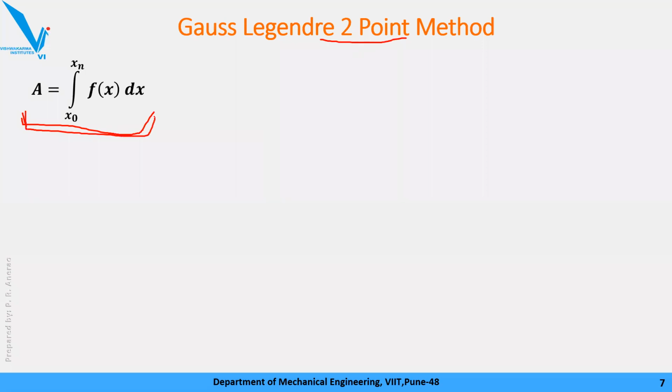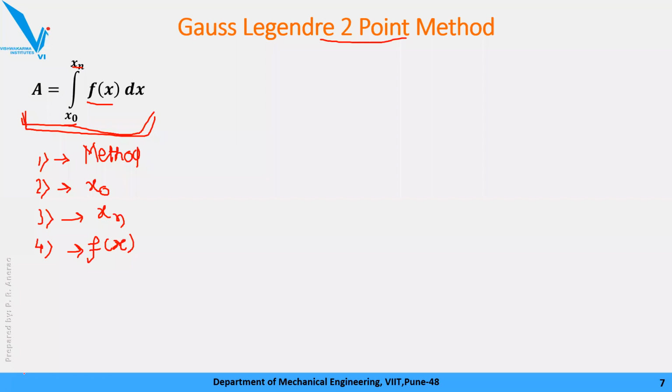In your problem statement they will mention which method you need to implement. Here we need to calculate the definite integral of a function of x over the limits x0 to xn, right? So there are 4 input parameters. The first is the name of the method, which method you need to use. Second, they will give you the lower limit of the integration, the upper limit of the integration, and the function which needs to be integrated. So these 4 are the requirements.